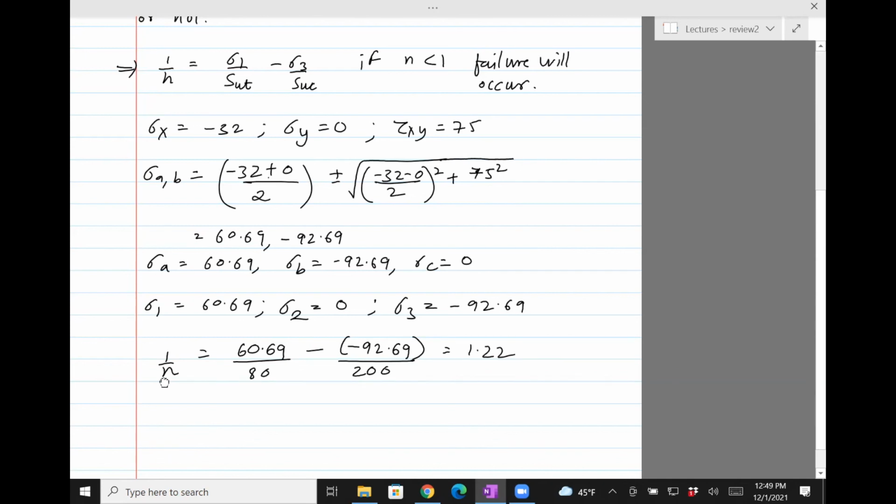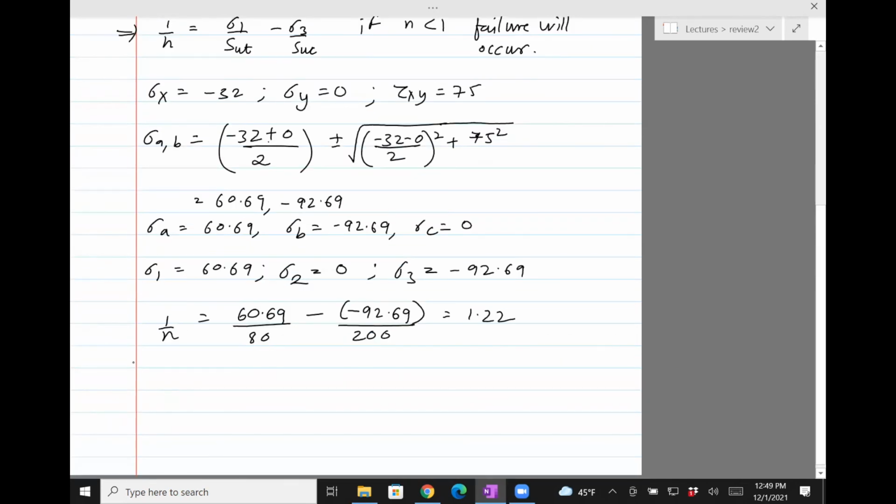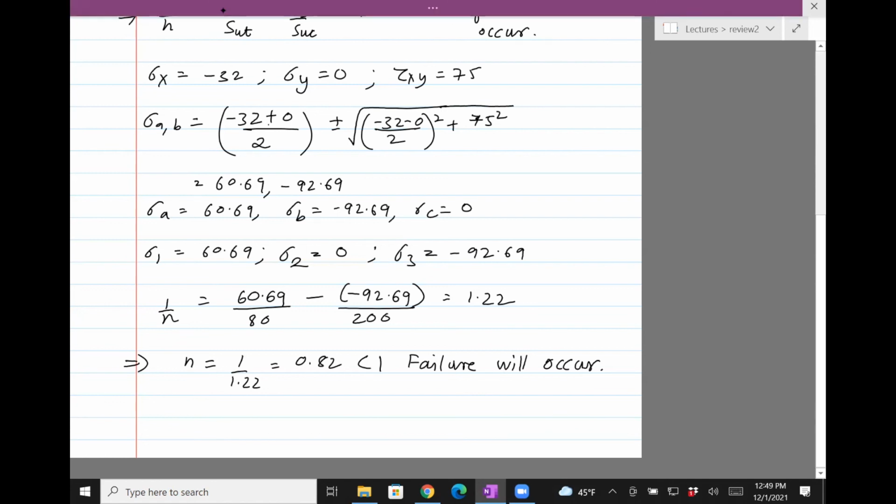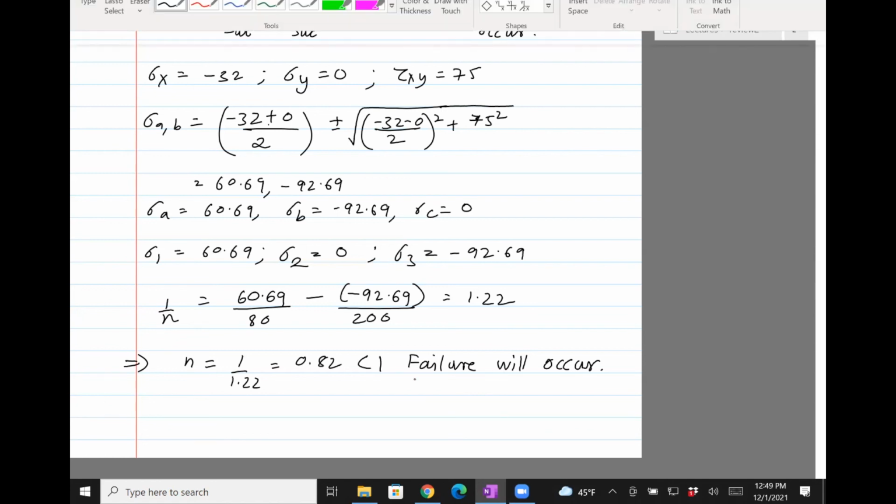To find n, we need to take the reciprocal of 1.22. N comes out to be 1 divided by 1.22, which is 0.81, 0.82, which is clearly less than 1. And then you can predict that failure will occur. Okay, so that's the